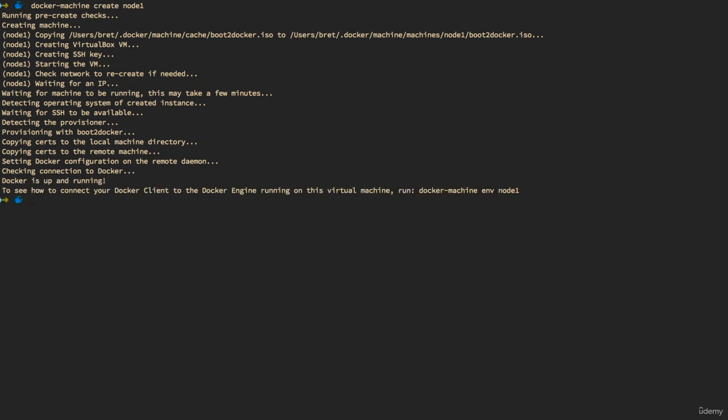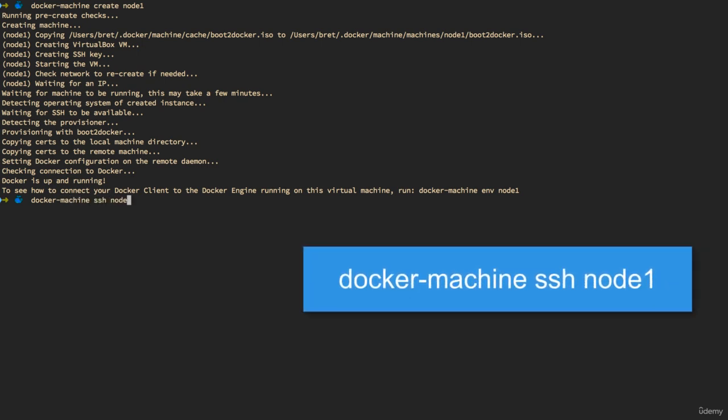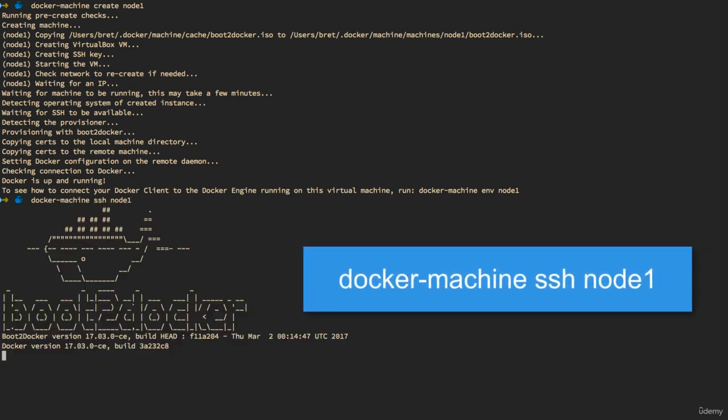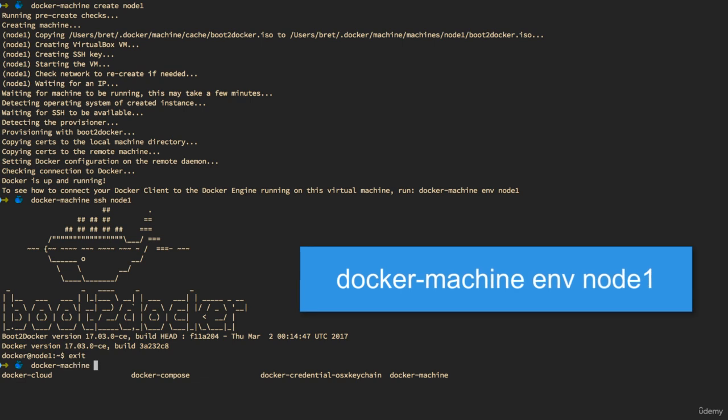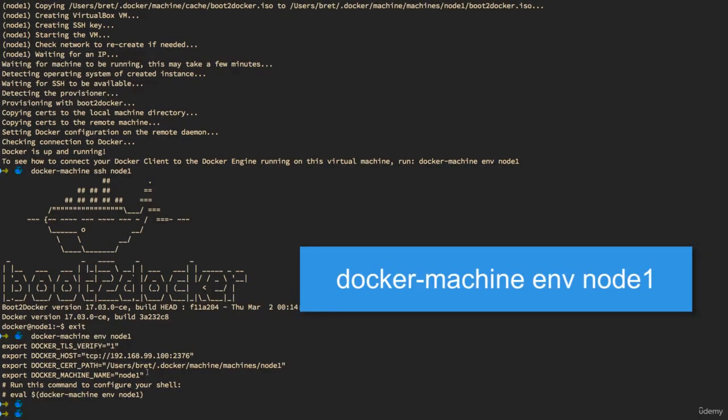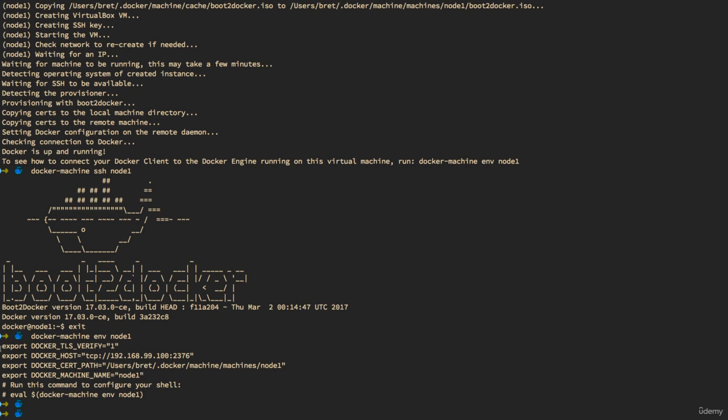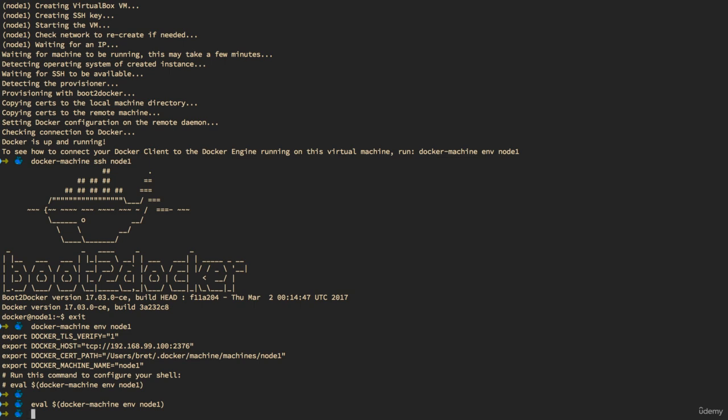Once your machines are created, you really have 2 options for how you can access those machines. You can either use docker-machine ssh and then the name of the node you created, and that'll hop you right into that machine. Or you can use the environment command. So the command docker-machine env and then the name of the machine you want will give you some output, and you can either cut and paste these options to your command line, or you can copy and paste the bottom option, and that will actually create the environment variable so that when I run my Docker command,